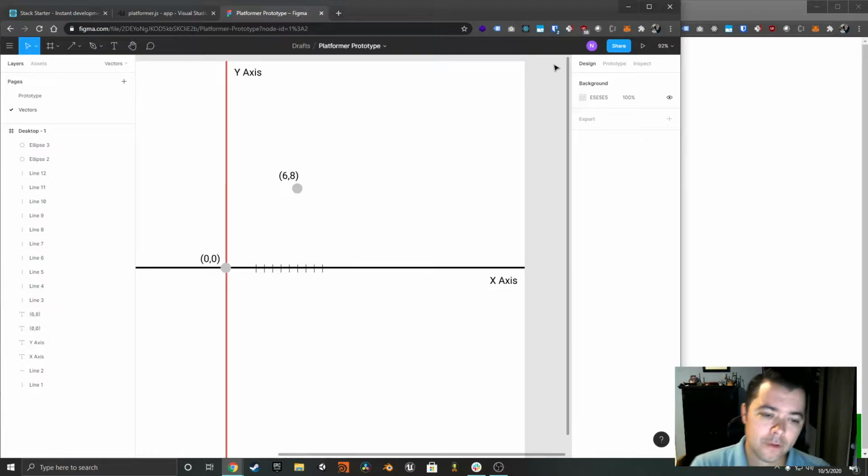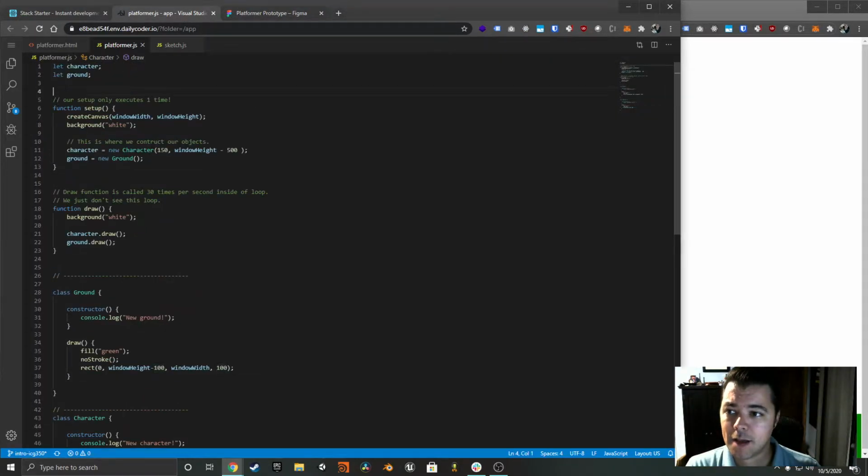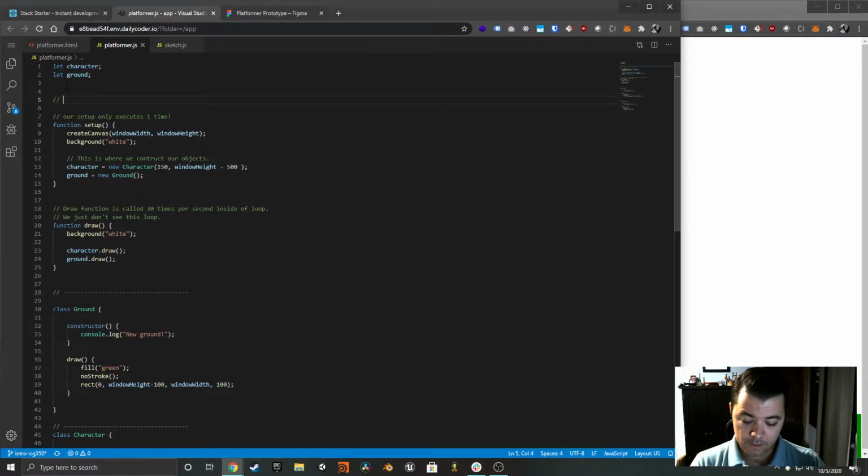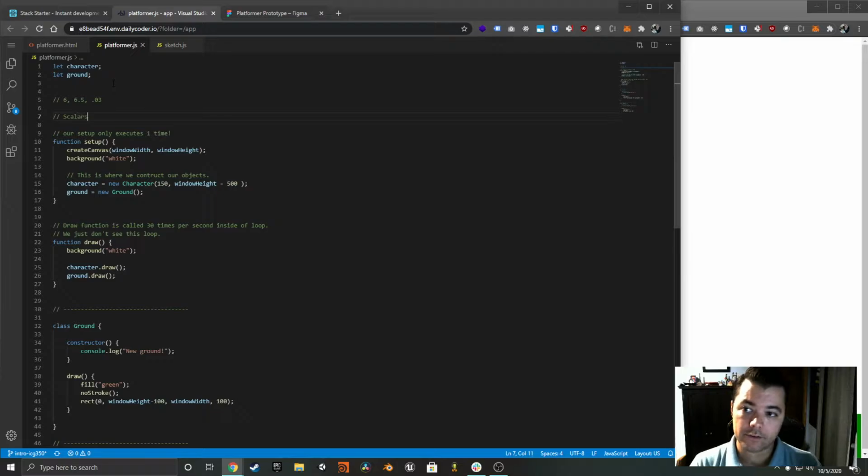Now, I need to back up a little bit and talk about what just a single number represents in this environment. So if we go back to our code here and just comment some stuff, if we say the number 6, or 6.5, or 0.03 or 0.04, or 643, anything here, these numbers that we're talking about, we can call them scalar numbers. These are scalars. Scalars are basically just a single value that we can use to scale different other numbers,